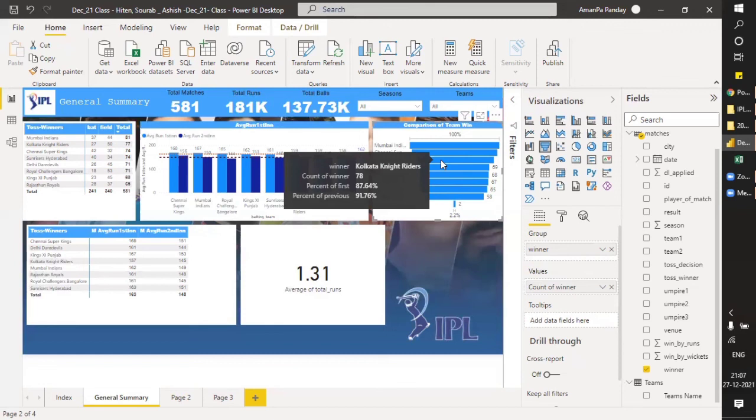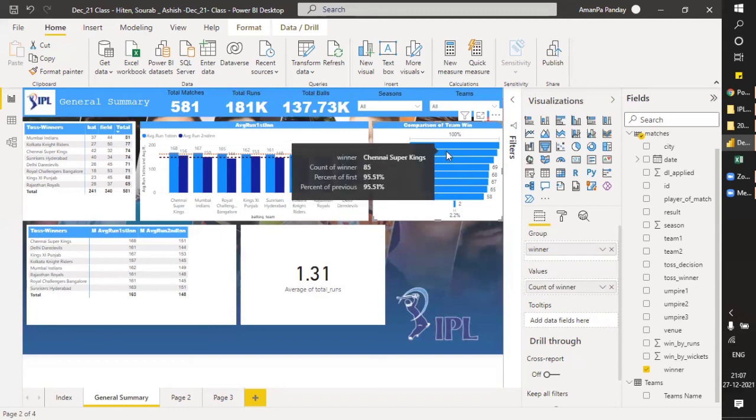In this graph Mumbai is at the top, so we are taking Mumbai as 100%. Now coming to the next parameter, that is the stat giving the percentage of previous, which means when compared to the one team above. The team above is Chennai. When you compare with Chennai, it has a stat of 91.76%. So it's showing us a comparison.